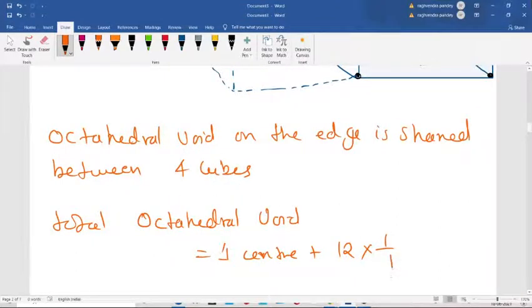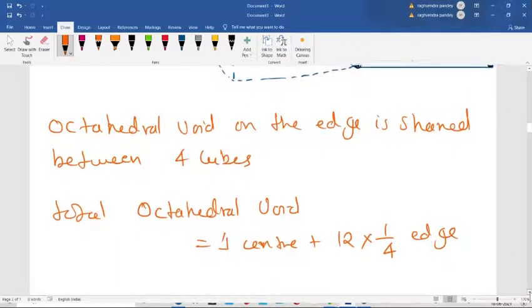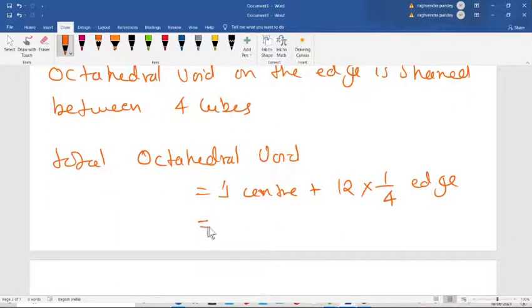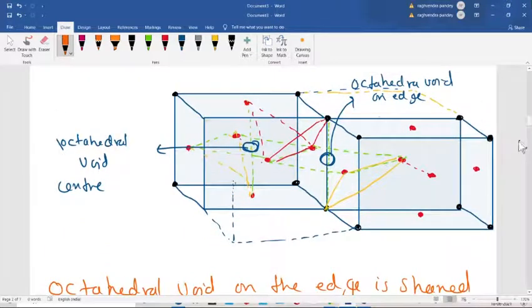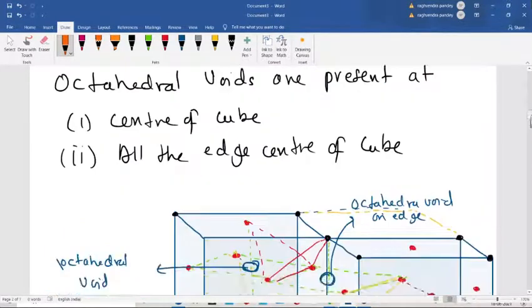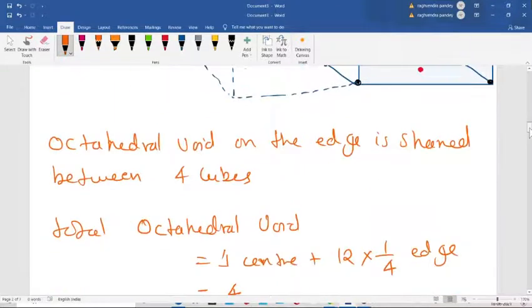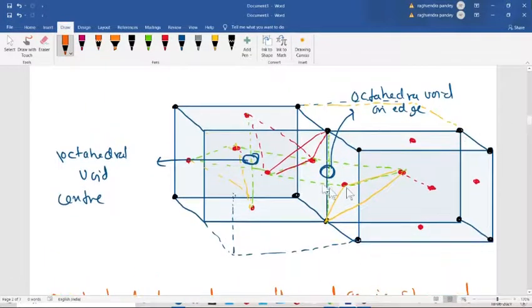So the total octahedral voids are 4. Everybody getting this? There are other calculations, but I will not burden you today. Everybody understood the position.